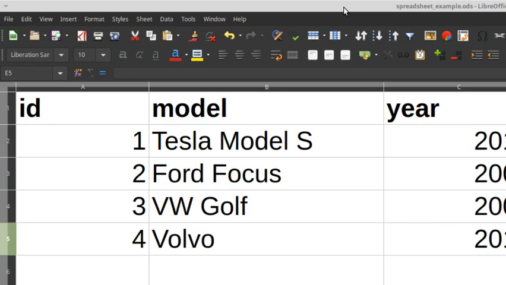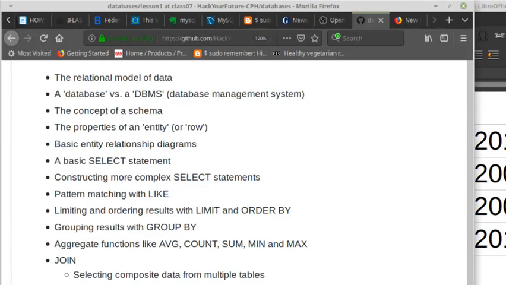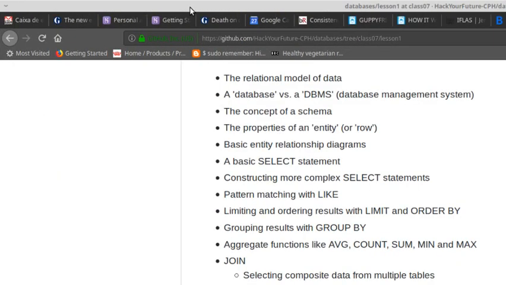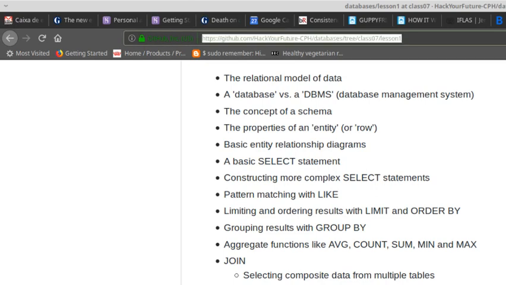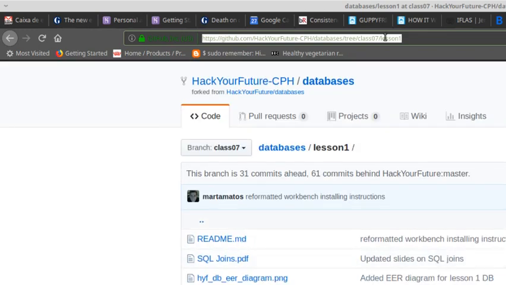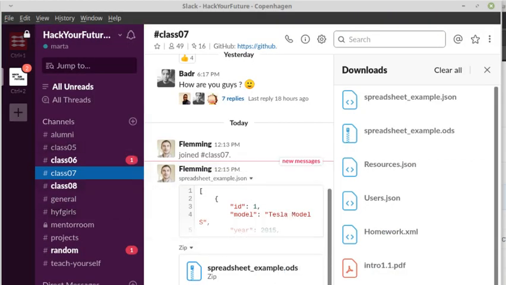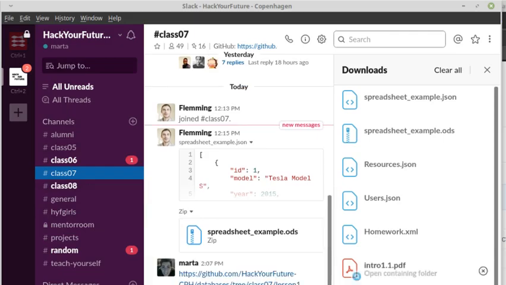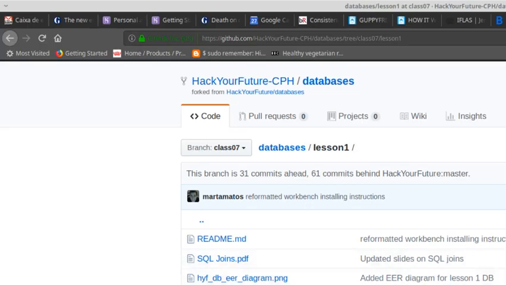Okay, so everyone has the workbench working. Yes. Finally, we can hack now. But in a civilized way, please. Don't hack too much. Anyways, so we'll create the database that we're going to be working with today. To do that, you go to this link. Let me post the link first. And basically this lesson data